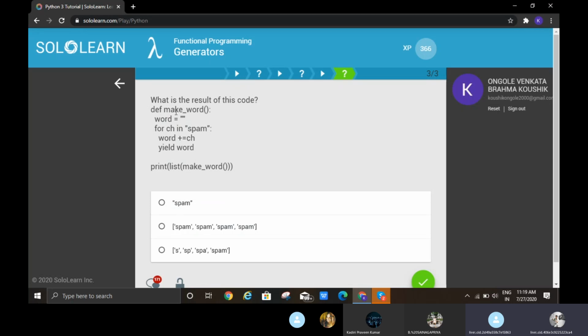What is the result of this code? def make_word, no arguments given. word equals empty string, for ch in spam, word plus equals ch, yield word, print list of make_word.